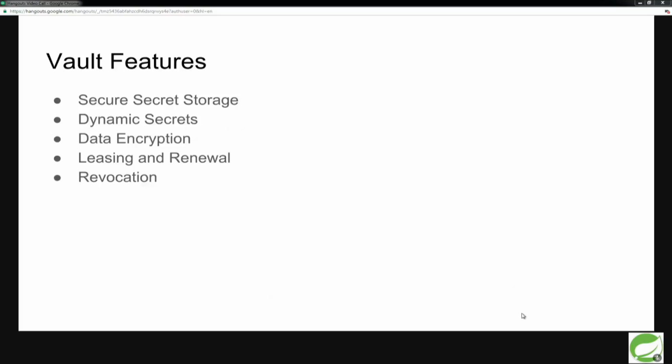They use Vault to create it, and Vault creates what's known as a lease on the username and password. And so it creates the username and password, puts it in the database so it's valid, and then it gives it back to you. And then now you have this username and password that you can leverage for a certain amount of time. And you can set restrictions on it. How many times can it be renewed? What is the window of time? All sorts of things. So it might be valid for like an hour, but you can renew it for up to 2 days or something like that. There's all sorts of limitations you can set on it. And once it expires, Vault will automatically go ahead and revoke it, so you don't run into that problem.